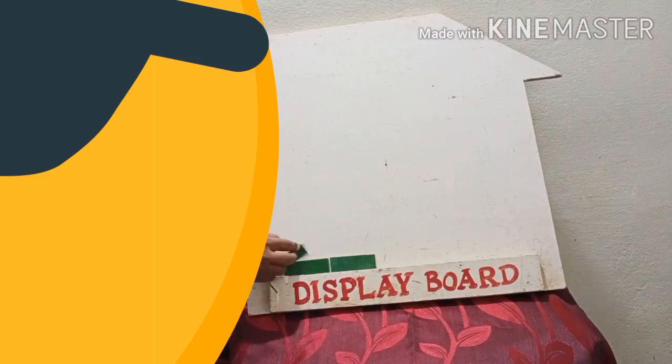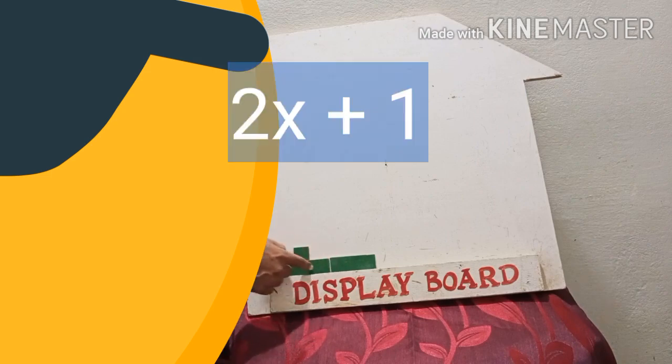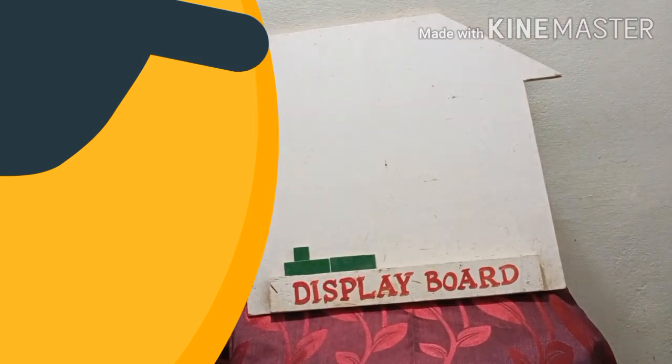Therefore, you have to opt for one square bit with green color only. Then the LHS is over. But you have to make the relevant algebraic expression using the shapes. Here x plus x, 2x, plus 1 becomes 2x plus 1. RHS. What do we have in the RHS? It is nothing but 6. So is it plus 6 or minus 6? It is plus 6. Therefore, you have to take 6 square bits with green color.